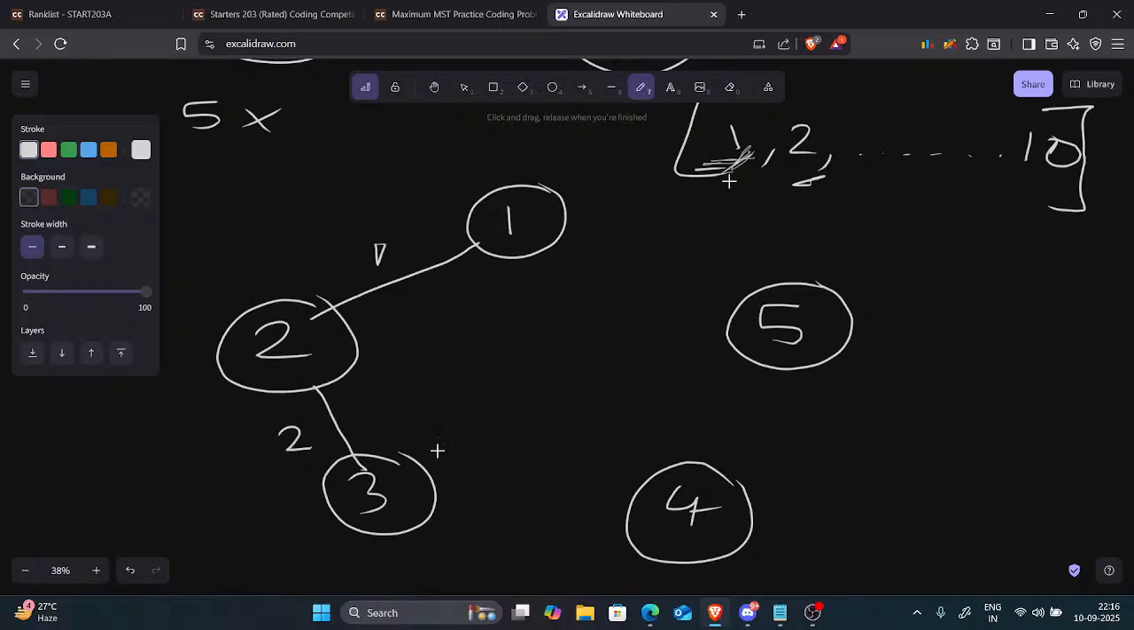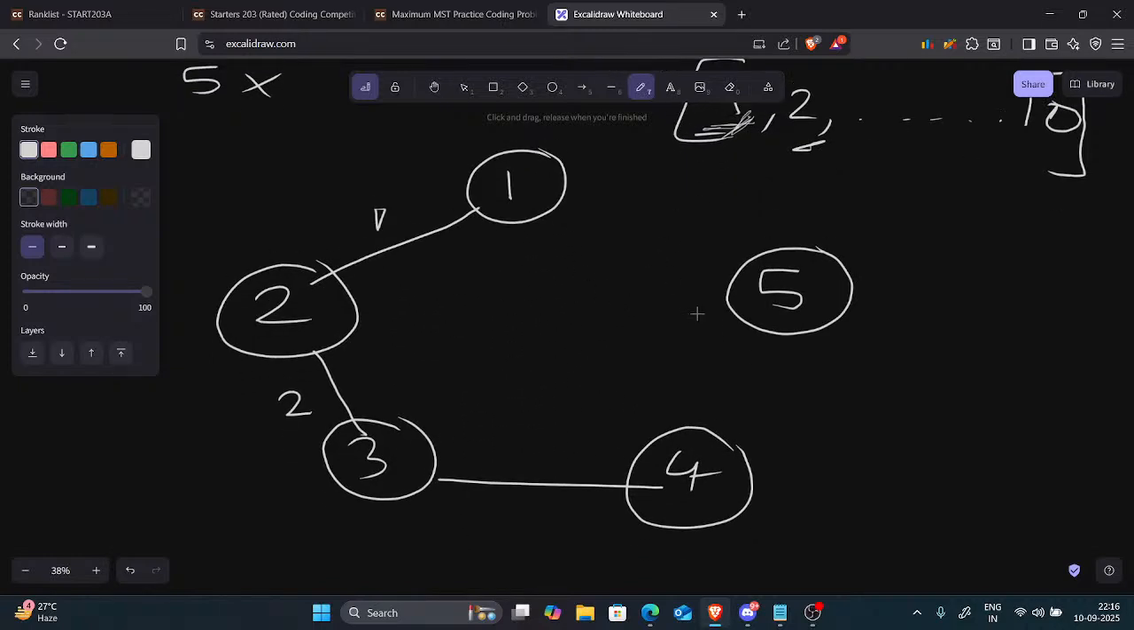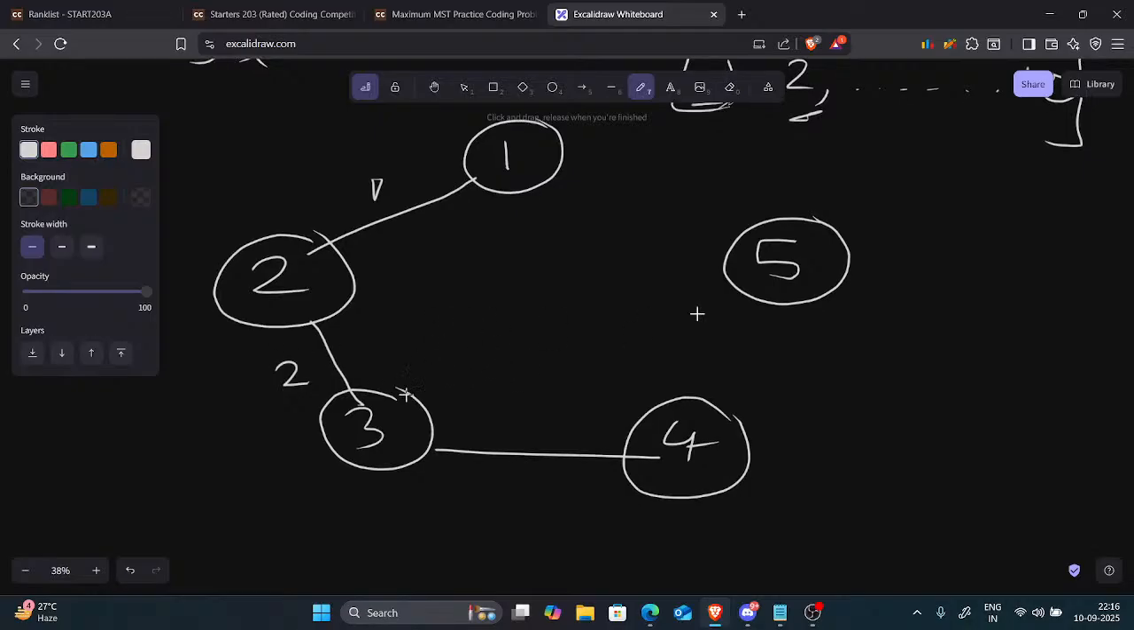Then we can assign the cost 3 here. However, since we are supposed to maximize the cost of the minimum spanning tree, we can assign 3 here. Now, since this forms a cycle, this won't be taken into account. And we can assign,